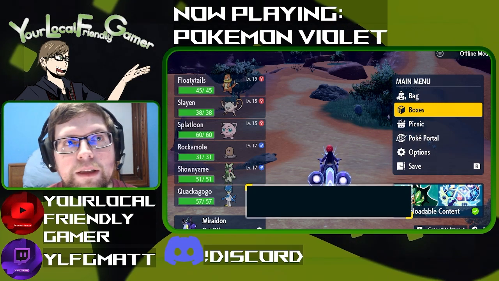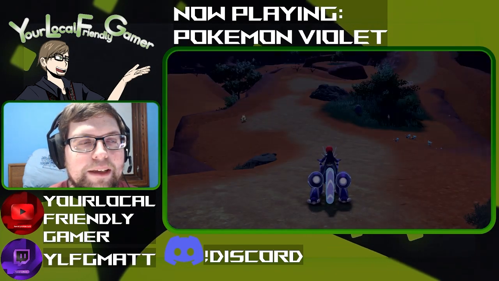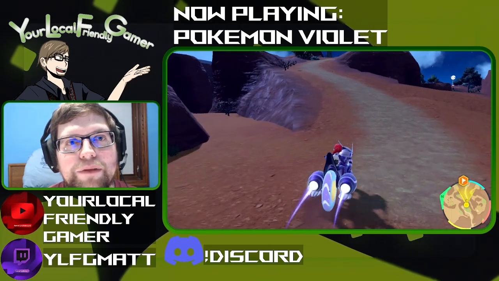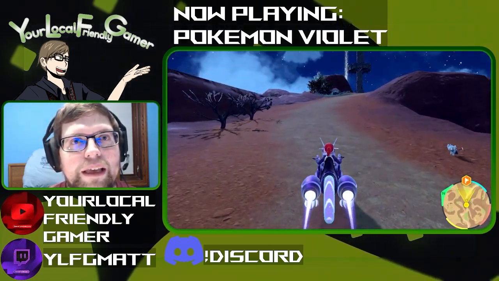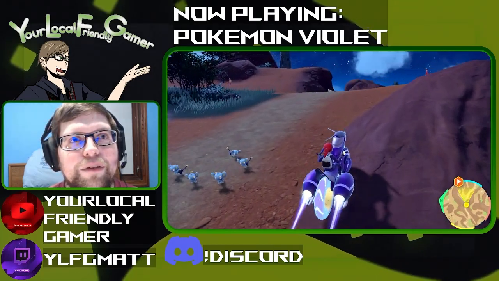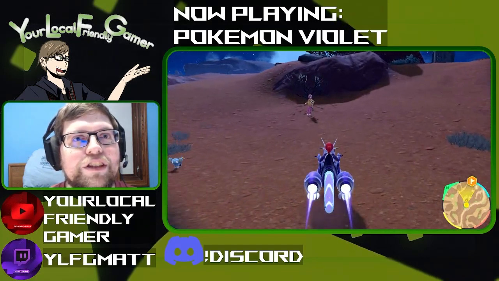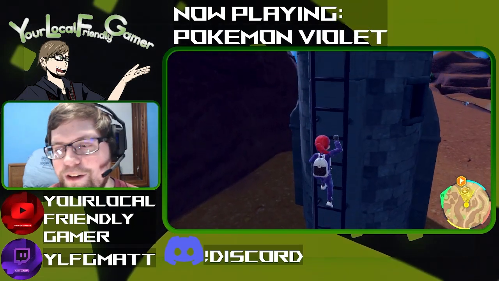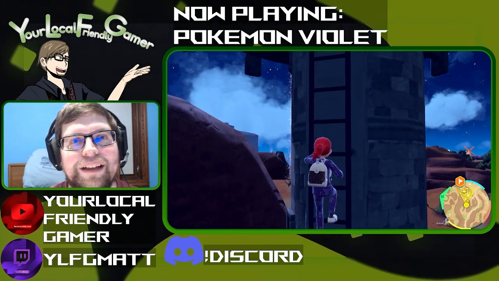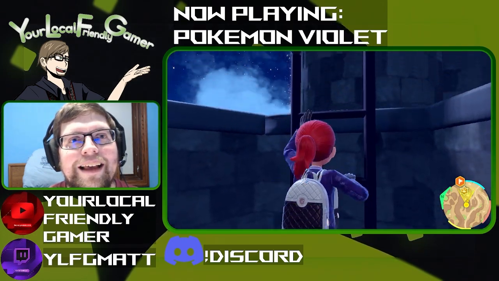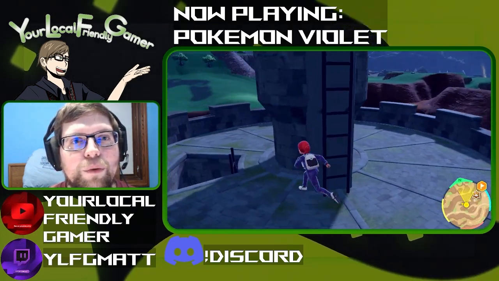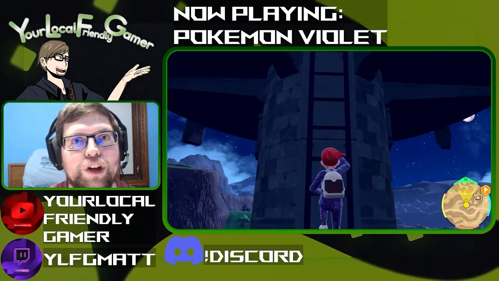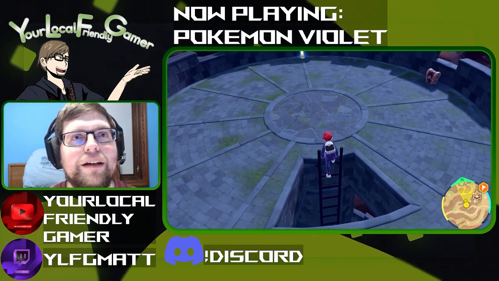Okay, but yeah, no, I didn't mean to do that again. But yeah, last time I was originally set on going to the next gym in Artisan. But as I was moving along and trying to get as much wrapped up as I can, I noticed that the Rock Titan is actually a lot closer, and I have quite a few more Pokemon ready for the Rock Titan, as opposed to the amount of Pokemon ready for the gym. So I'm deciding to do the Rock Titan first, then the gym,